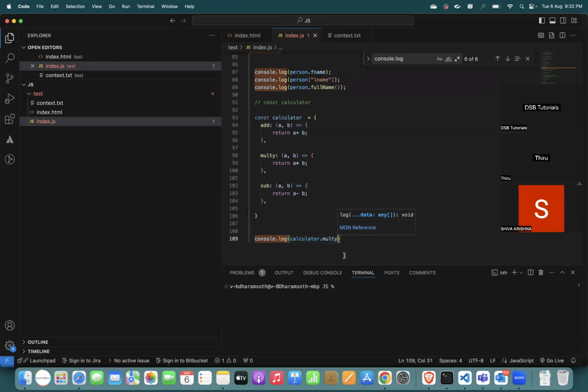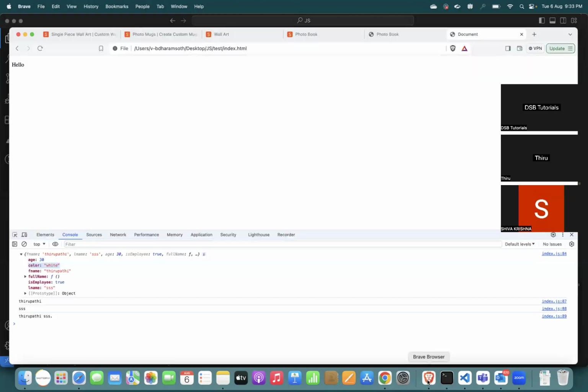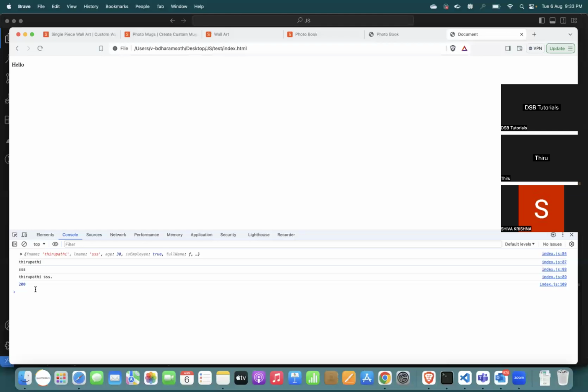I'm just giving multiplication, 10 comma 20. So 10 comma 20 means it will search for this one, and it will not go for this function and this function, it will just go for multiplication. It will search and give the result. So calculator dot multiply means it will give 200, right? Now go to the console. Let's check here. We are getting 200. That is